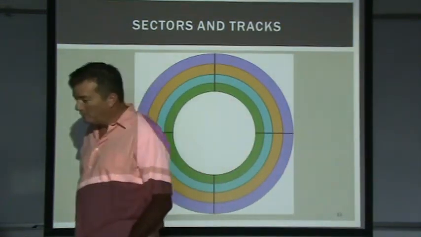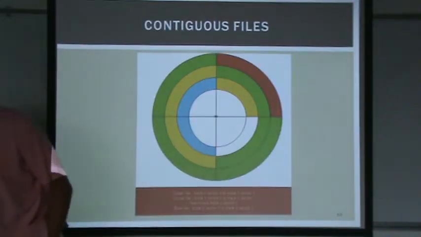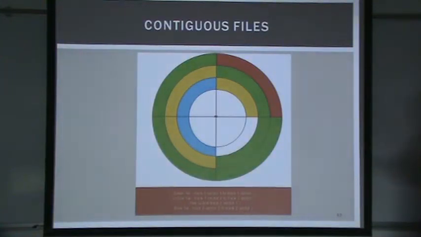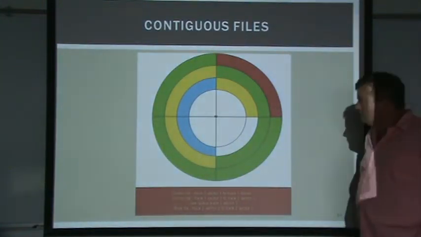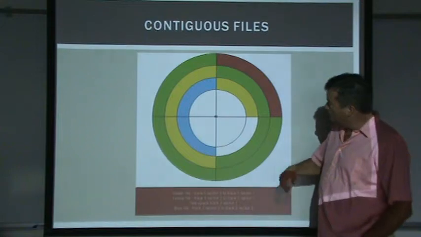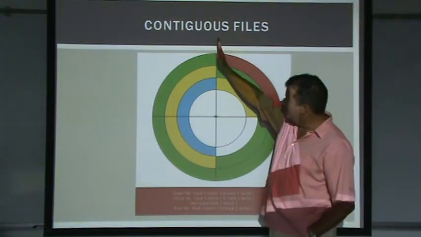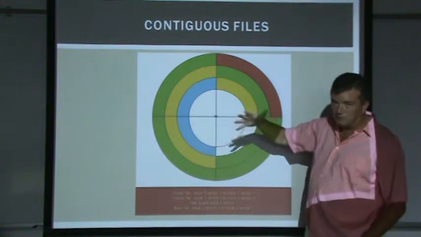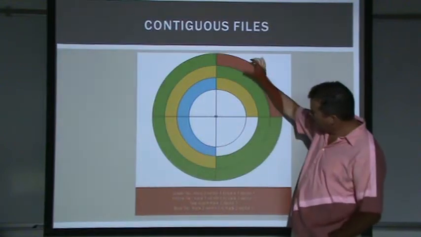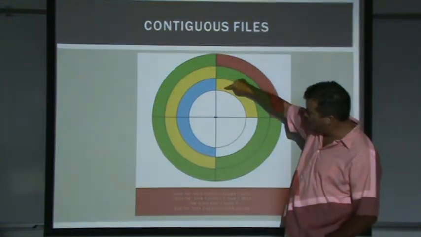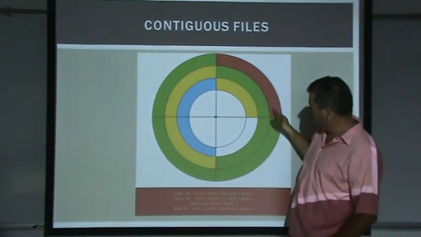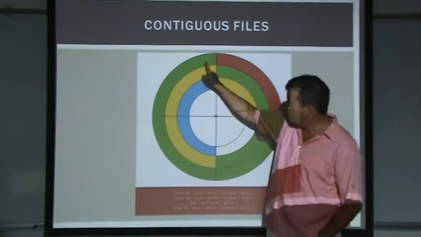Okay, so, like we say in operating systems, there's really no right answer to every question, but there's a few answers, and some might be better than others depending on how we want to look at the problem. But maybe what we'll do is take the first sector. We'll use the computer science nomenclature of starting with the number 0. So we'll consider the outer track as track 0, track 1, track 2. And then starting at 12 o'clock, we'll say that this is sector 0, 1, 2, and 3.